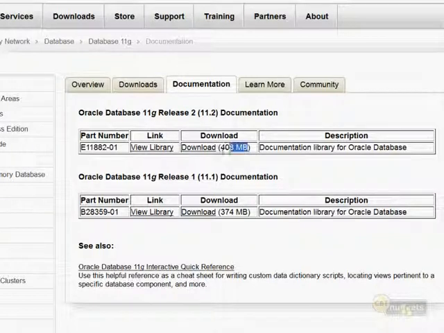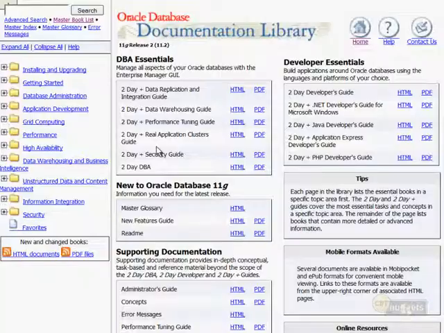You could easily store that on your smartphone or your e-reader, as we'll talk about in more detail in just a moment. For now, I'll click the View Library link, and this is where I tend to go. I do like to download core books and re-download them every 6 months or every year to try to keep them up to date. But as long as I have an internet connection, I'm a big fan of the Oracle